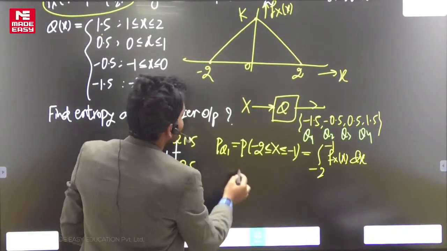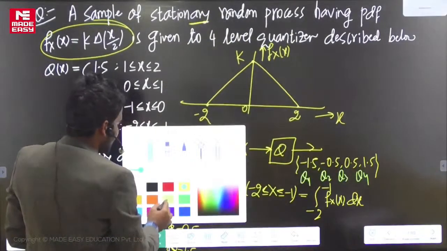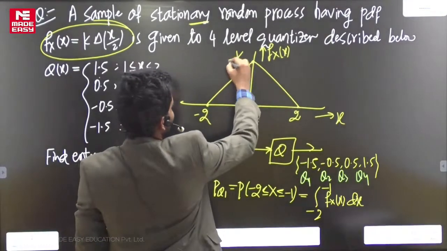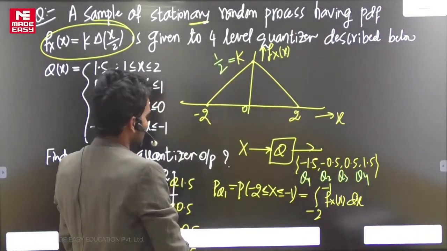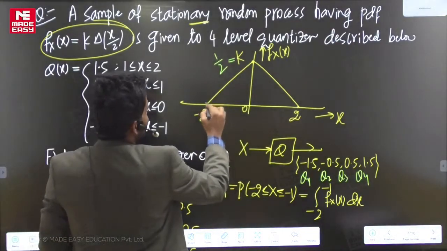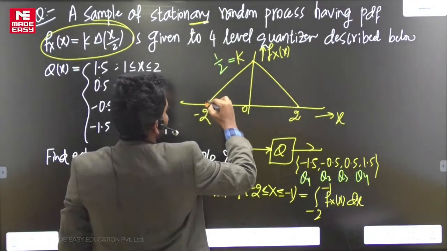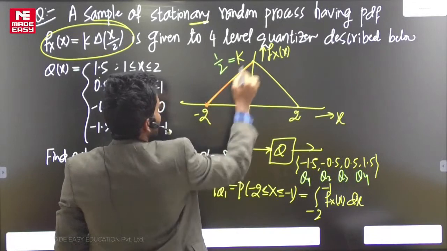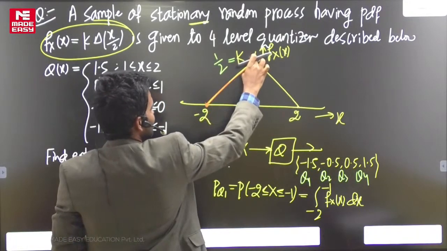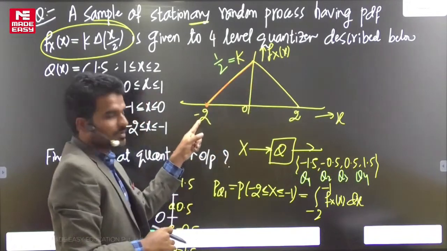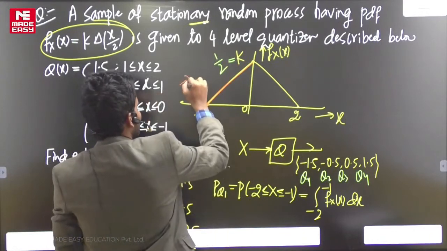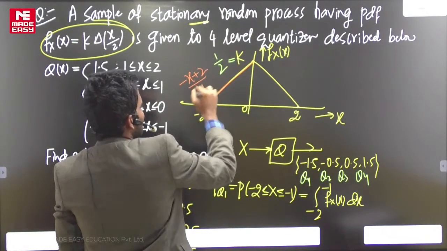Okay, now if you try to find the k value here, the total area under density function should be equal to 1. So in that way you can find the k value, that is 1 by 2. Okay, so if you try to get the line equation, what is fx of x where x is in between minus 2 and 0? This is the line joining 2 points. So this point is minus 2 comma 0 and this point is 0 comma 1 by 2. The line joining 2 points, if you see, you will get